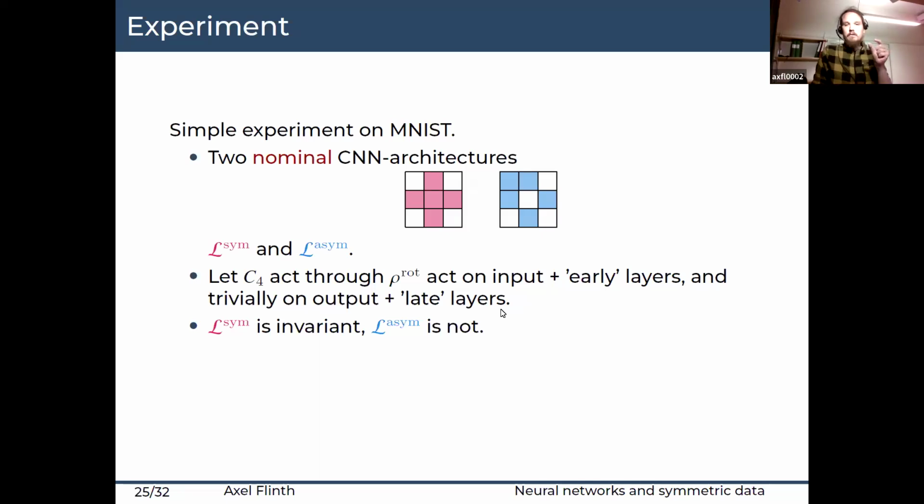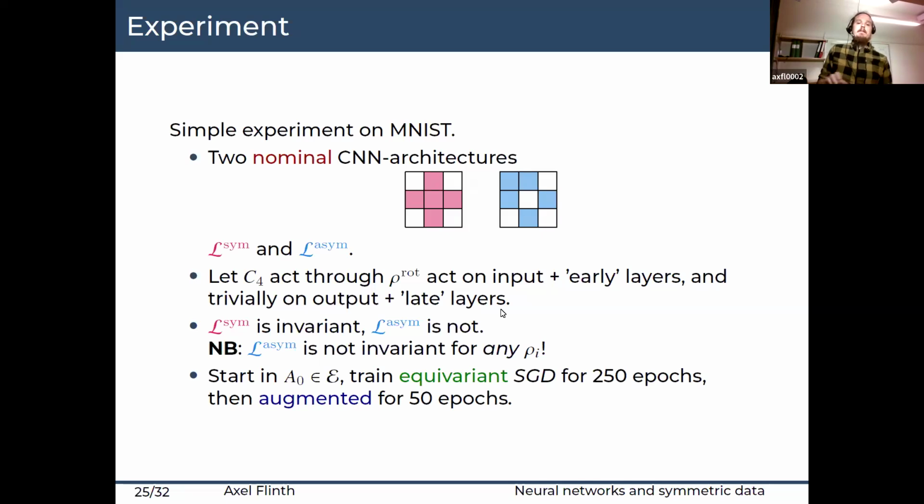Here one can make a small subtle point. So I have here said that I choose the rotation representations on all the early layers. One could argue that there might be another representation of the rotation group that makes the blue space invariant. However, one can prove that these do not exist. If one uses the properties of convolutions together with how they act on filters like this, one can actually show that there cannot be any representations for which the asymmetric space is invariant.